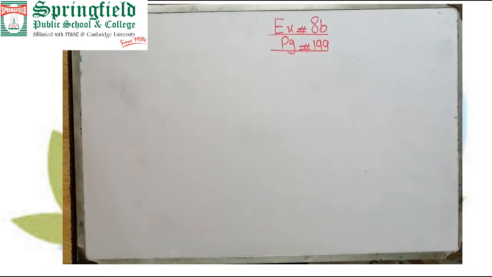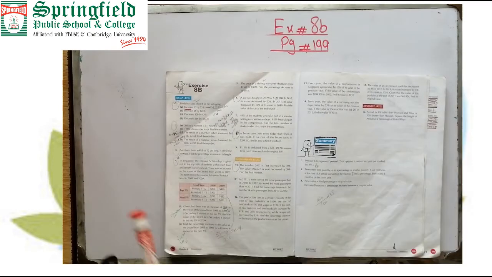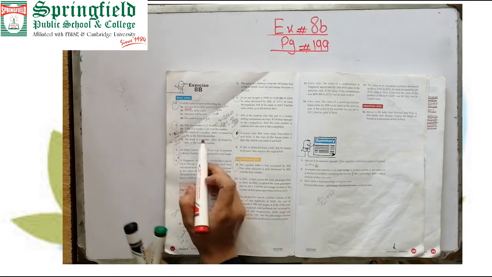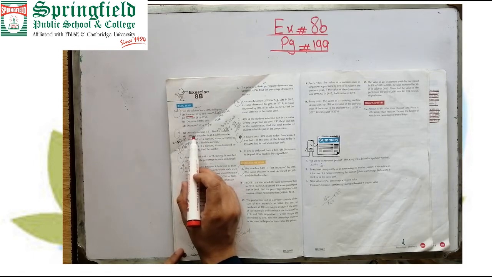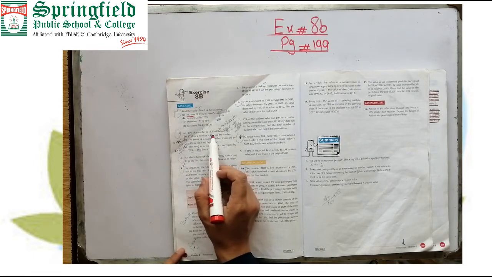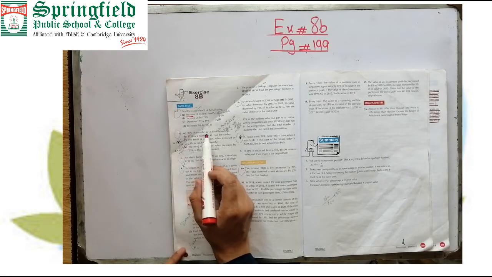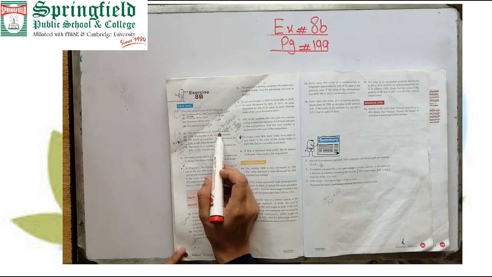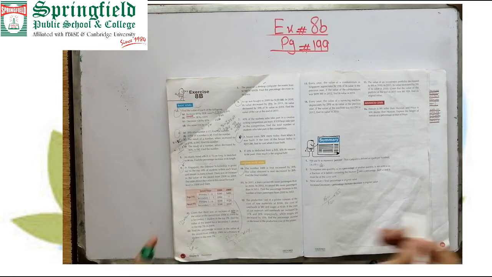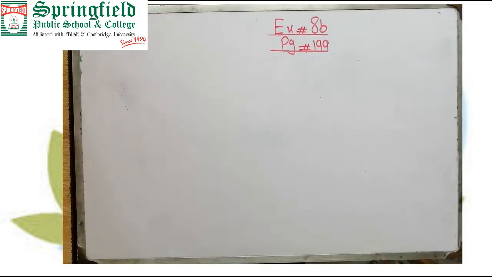Okay, now come on question number 2. Question number 2 is A part. 20% of a number is 17. 20% of a number is equal to 17. So find the number. We don't know about the number. They are saying that find the number.